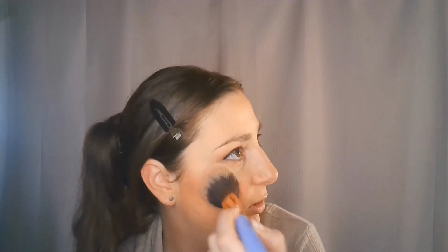This is another reason why I don't buy things that are cult classics, because they always seem to be a little bit more disappointing in real life. I don't know why everybody says it's so good. I mean, I can't even see it. Are my cheeks just that red that I can't see a pink blush on my cheeks? I mean, I have blushes from the drugstore that are so much better. I'm sorry, Nars, don't come for me, but